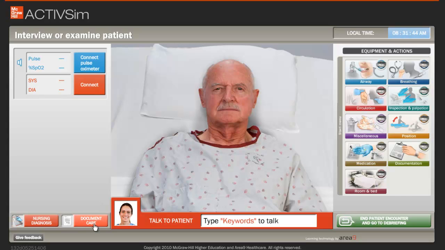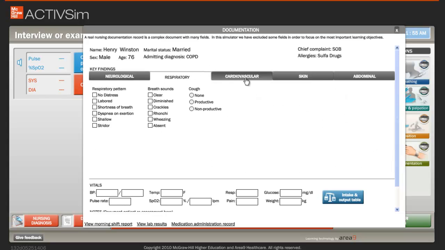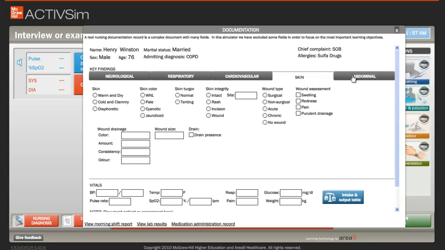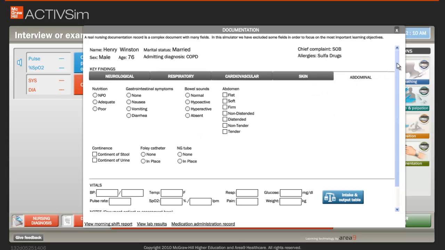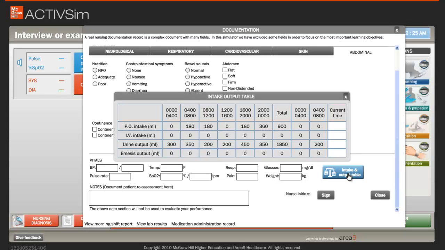The other item here is our Document Care. This is our electronic health record for ACTIVSim Nursing. We have all of our key findings in here as tabs across the top. So you can simply navigate between the tabs. You will need to document your key findings within here and also your vitals. All of this will be graded, and you will need to input the correct vitals that you obtain in your assessment. You can also access the I&O table from here,